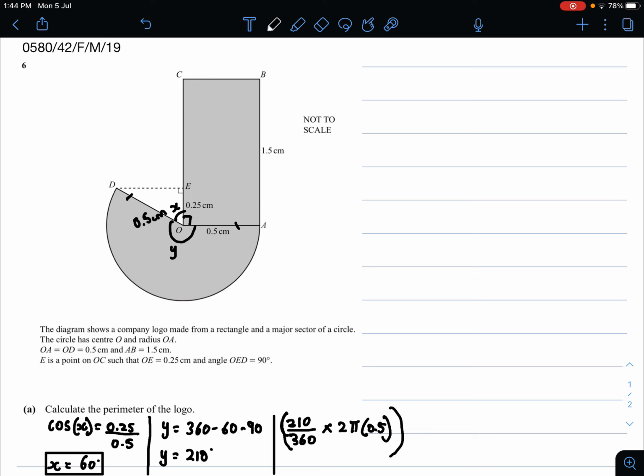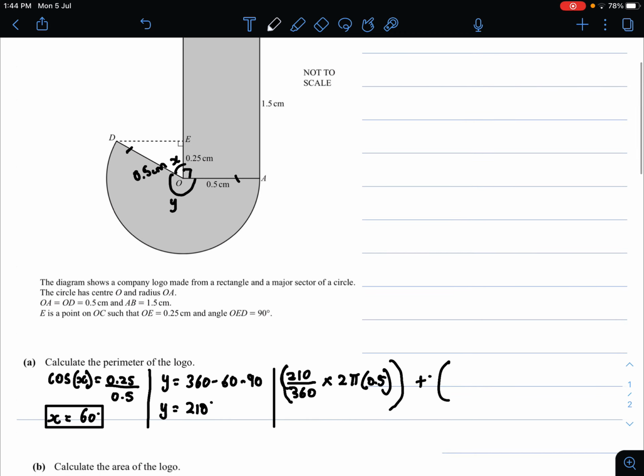Now since the radius is already counted in this perimeter, you only add the perimeter of the rectangle. So that is 2 times the length plus the breadth. So 0.5 plus 1.5. So all you need to do is simplify the calculation. So 210 by 360 can be simplified as 7 by 12, and the 2 and the 12 can also get cancelled. So you have 7 by 6